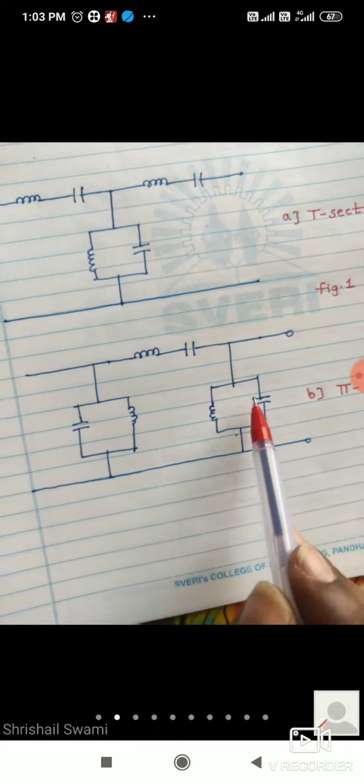So carefully observe. Here it is consisting of series resonant circuit. It is parallel resonant circuit. Here it is series resonant circuit. Here it is parallel resonant circuit. Here also it is parallel resonant circuit. So what we have to do in this bandpass filter to obtain the characteristics, the resonant frequency of this series resonant circuit should be equal to resonant frequency of parallel resonant circuit.